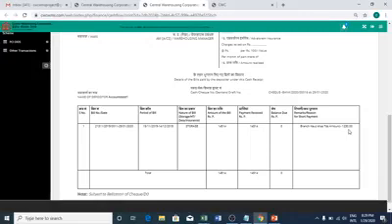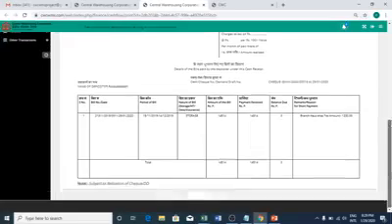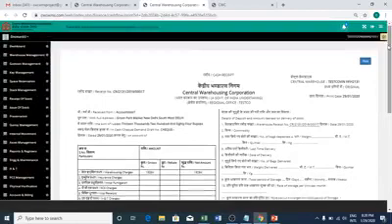What we need to ensure is, whenever such a TDS is deducted, we need to follow up with the party so that they deposit this TDS against our TAN number in the income tax, so that we can claim the refund from the income tax. This is a very important aspect all of us have to remember.